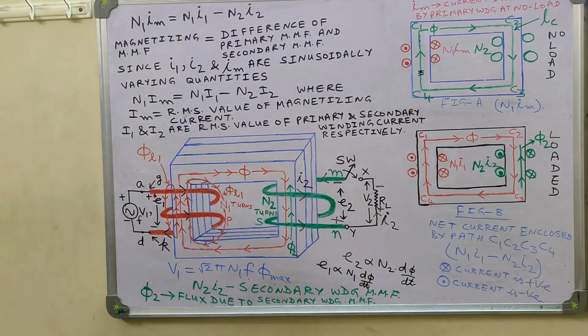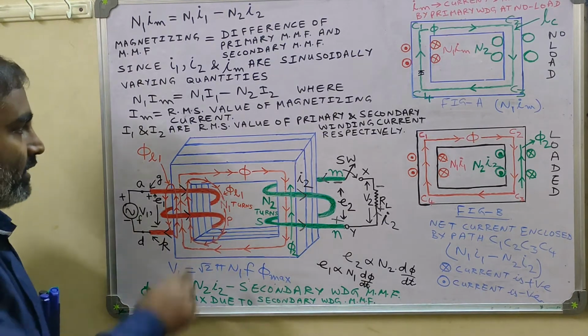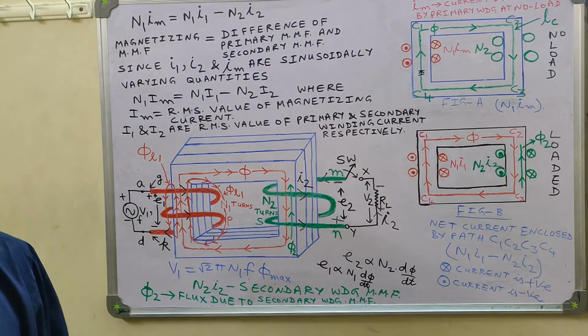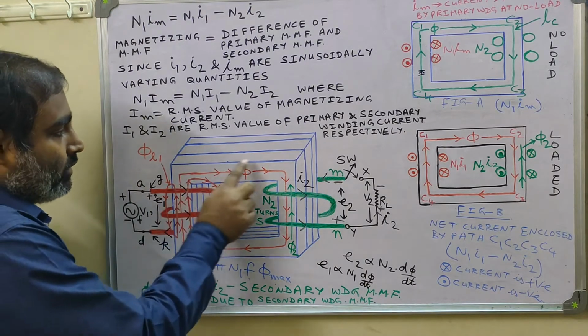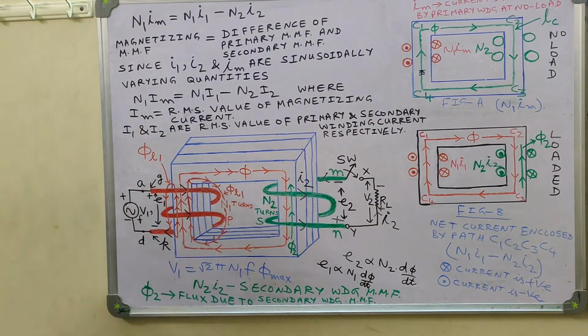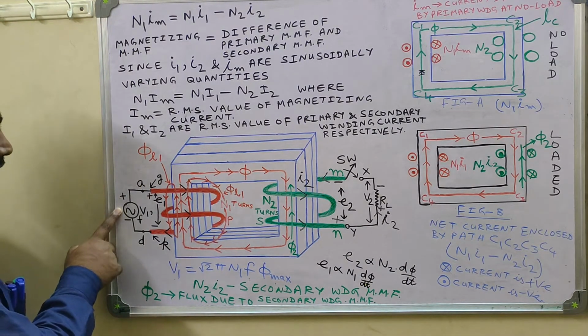So this is our third assumption, that there is no eddy current loss, there is no hysteresis loss taking place in the magnetic core of the transformer. Although we should keep in mind that the nature of the flux through the magnetic core of the transformer is alternating in nature, or it is changing in a sinusoidal way, because we have applied sinusoidal voltage.